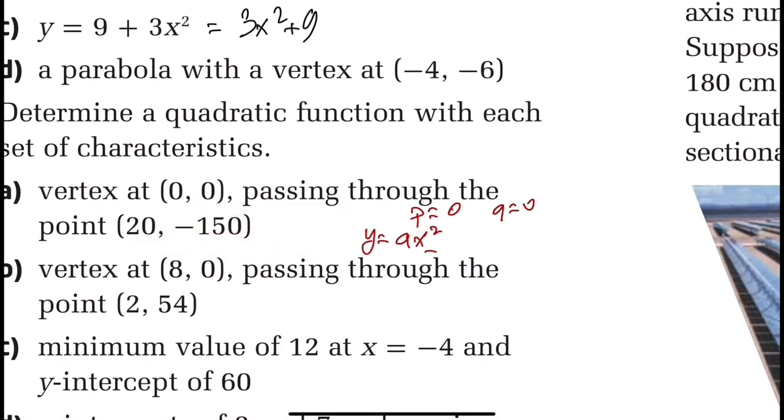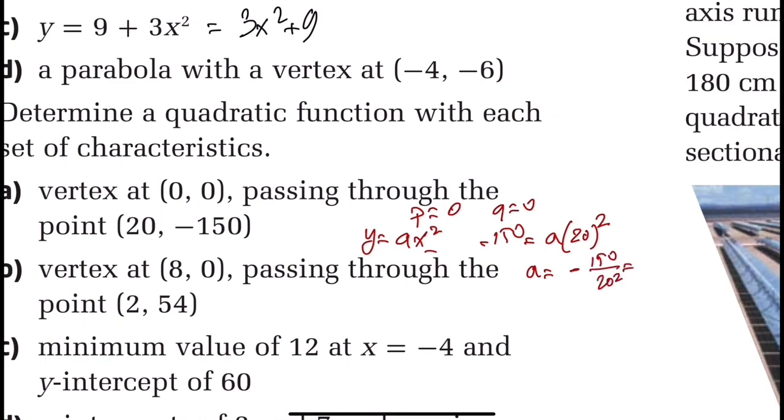I will write minus 150, which is my y, equal to a times my x, which is 20 squared. This tells me that a is equal to minus 150 over 20 squared,